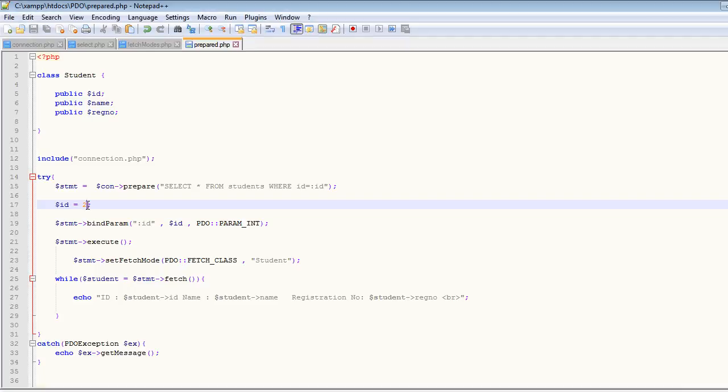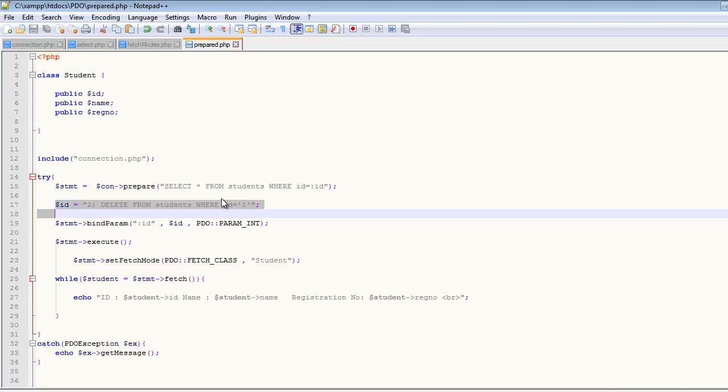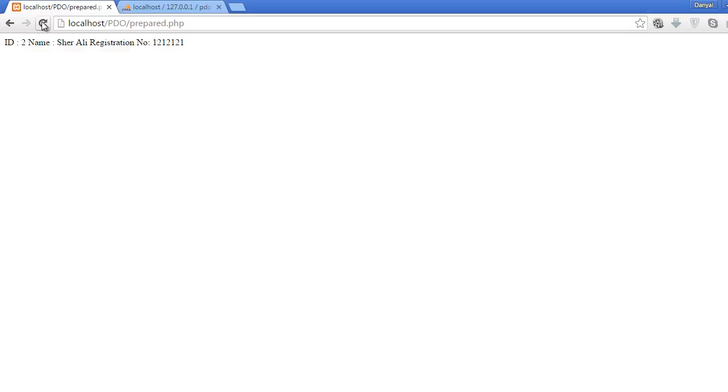Now let's see what happens if I pass a malicious query. So id is 2 and semicolon, delete from students where id equals 1. Now let's see what happens if I execute this query. Now it should not execute this delete query. So let's see. If I refresh it